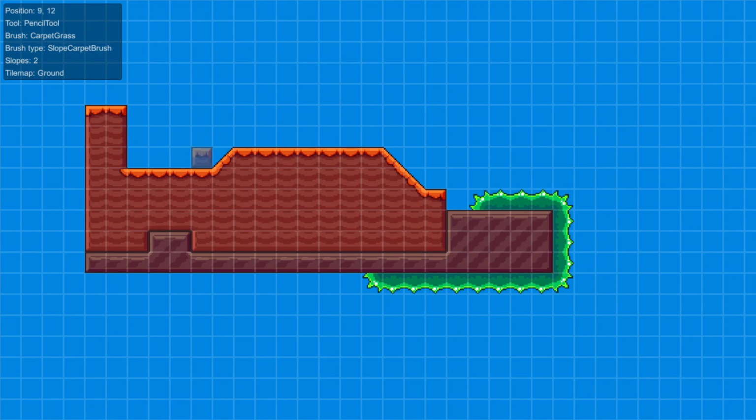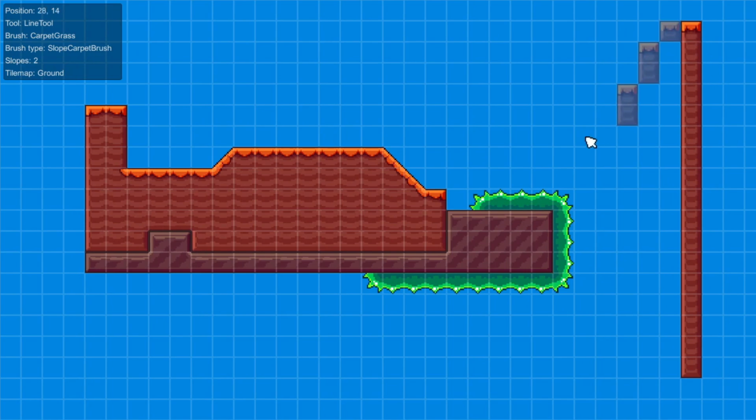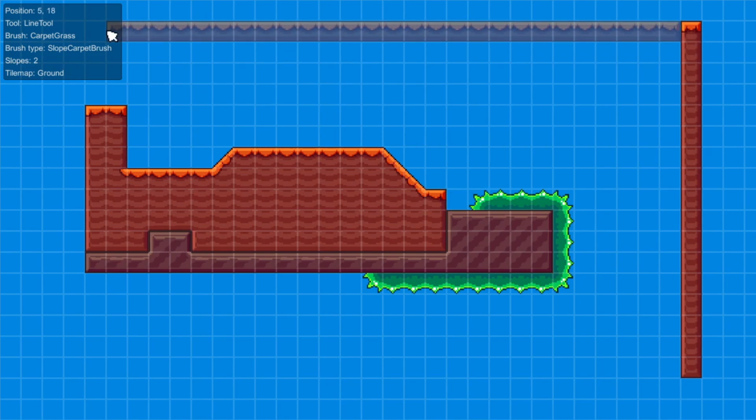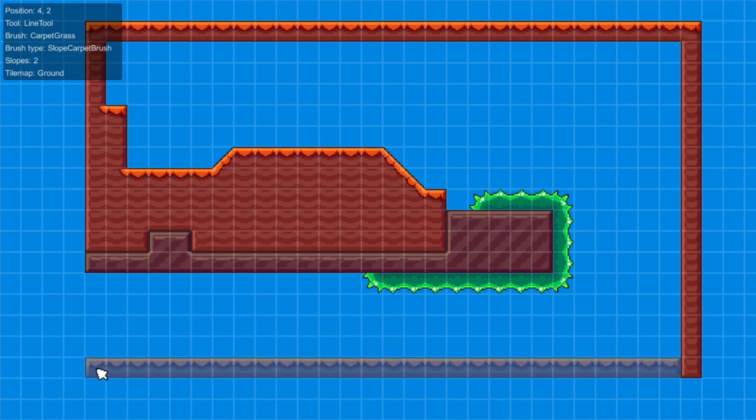And next up there is the line tool. So if I hit the L key, you'll see that I can place down straight lines of tiles like so. And it pretty much works the same way as the line tool in the pet maker. So if I just go ahead and place down a few tiles like so, I can go ahead and save my level,